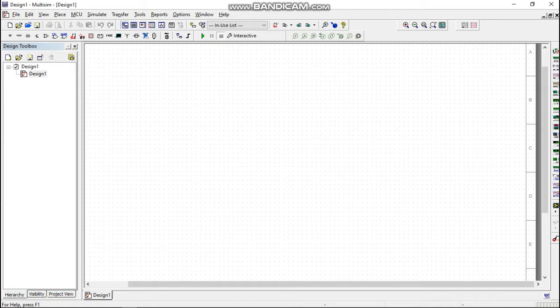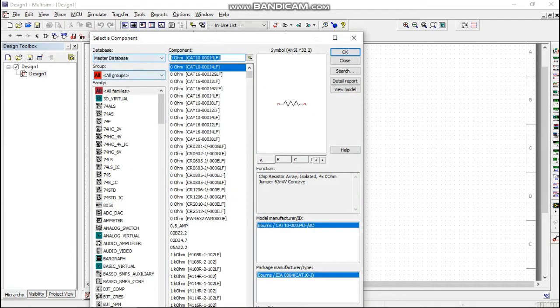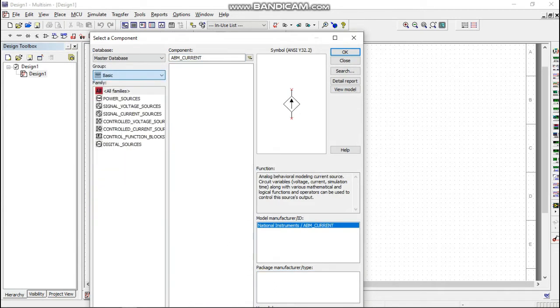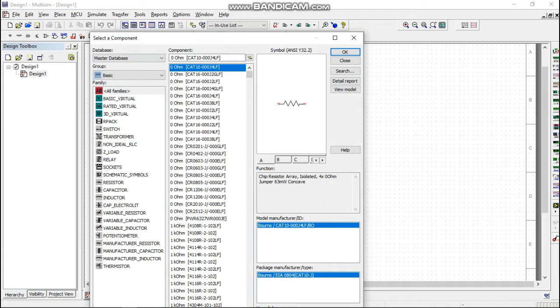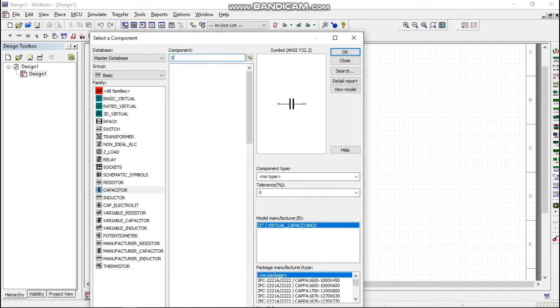Firstly, you have to click on place component. In component basic, select capacitor and search for a capacitor of 0.01 microfarad. Then click OK and place the capacitor on the breadboard.